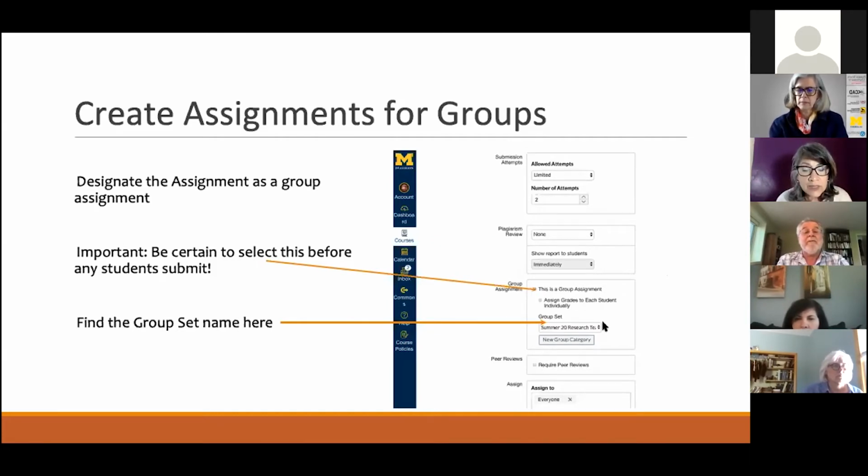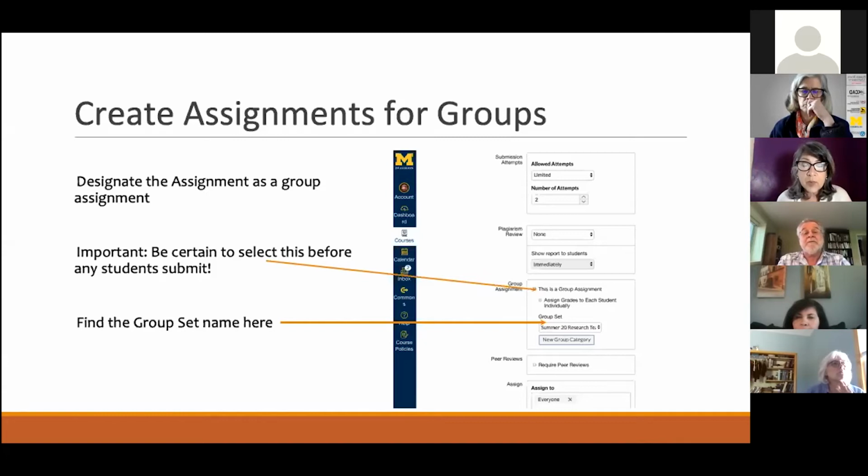But then don't forget to select the correct group set, because if it stays in the project groups, then everybody is in that group. There's no differentiation. If you pick the correct group set, Canvas knows that it has to divide this into the 5 groups or 5 teams you've created for this research project.